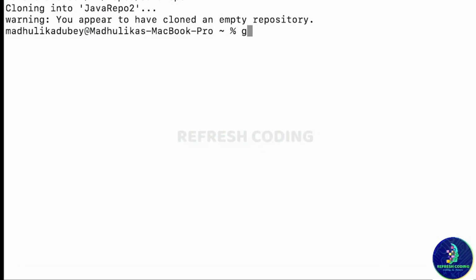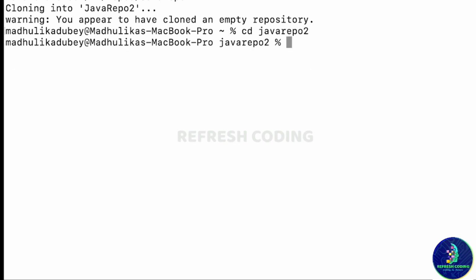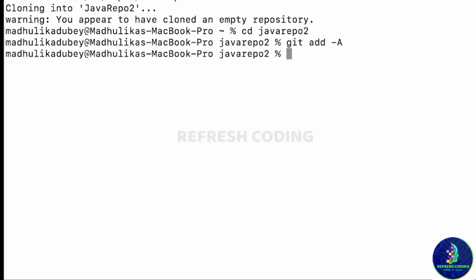No, the first thing we need to do is go to this repository. So we will say Java Repo 2. And after that I will say git add -a, so it will add all the files to our commit phase. After that we will say git commit and we will give a message and write here